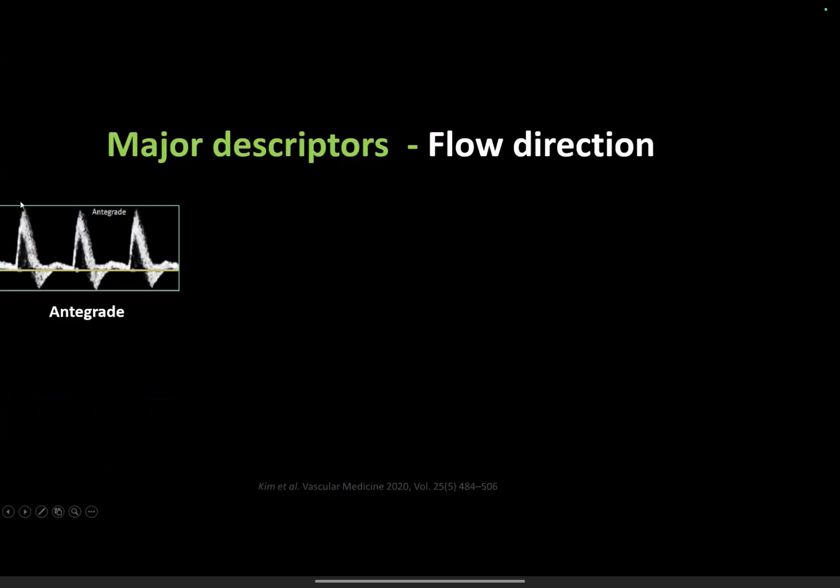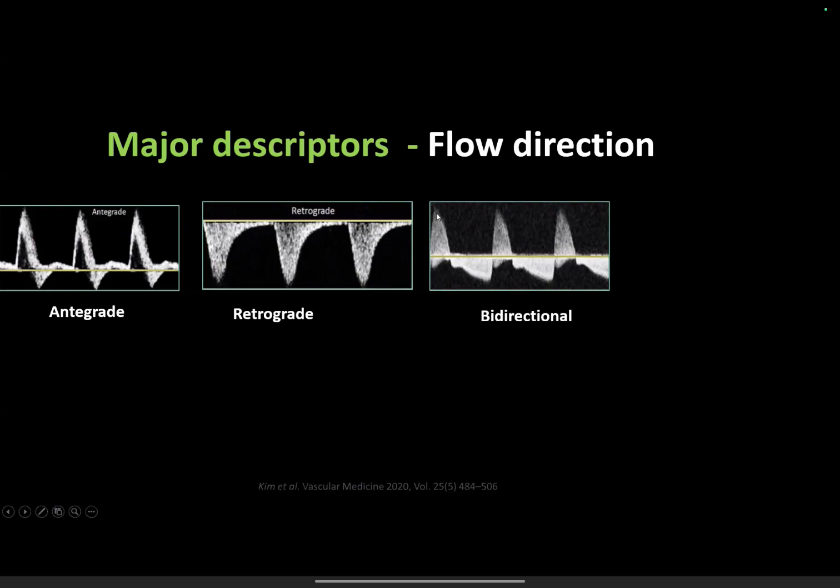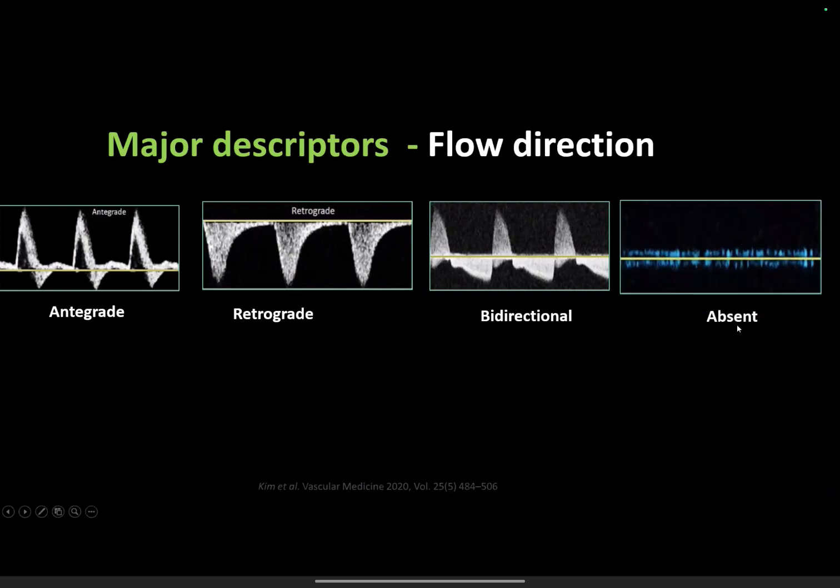So flow direction, this is the normal antegrade flow. There is early diastolic reversal, continuous forward flow. This is a normal multiphasic spectrum of the peripheral artery. When there is pathology, there is continuous reverse flow in that particular artery in the opposite direction, which is retrograde flow. There can be bidirectional flow. There is systolic upstroke above the baseline. There can be continuous diastolic flow below the baseline in the reverse direction. So this is bidirectional, and there is no flow or absent